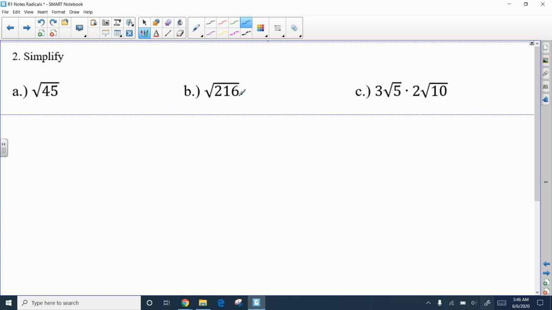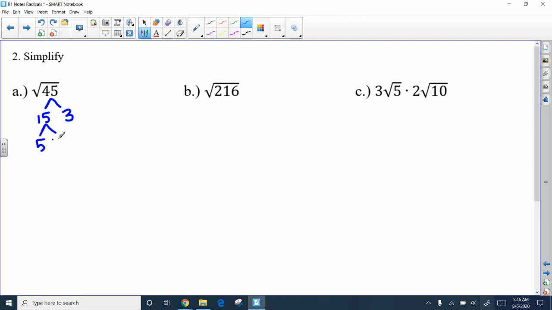So if we just have a number, one way that you've probably seen it before is making a factor tree. Find any 2 factors of this number. So 45 can break down to 15 times 3. And 15 can break down more to 5 times 3. Now, we are looking for groups of 2 or any factors that are squared. So we have a pair of 3s. We have 3 squared. So when I see something like this, I can rewrite it as